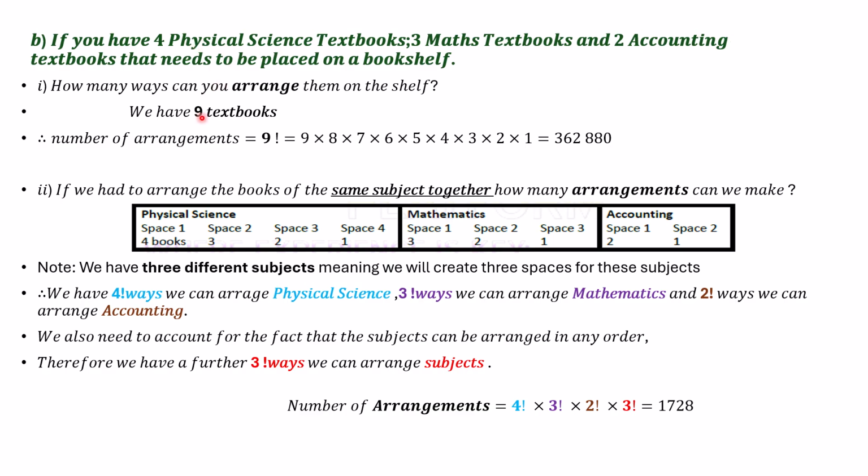So for the 9 textbooks, the first textbook has anywhere to go in all 9 places, so it has 9 options available to it. The second book would only have 8, the third one 7, and so we would go, decreasing from 9 all the way to 1. So therefore it is 9 factorial, the number of arrangements, which gives me